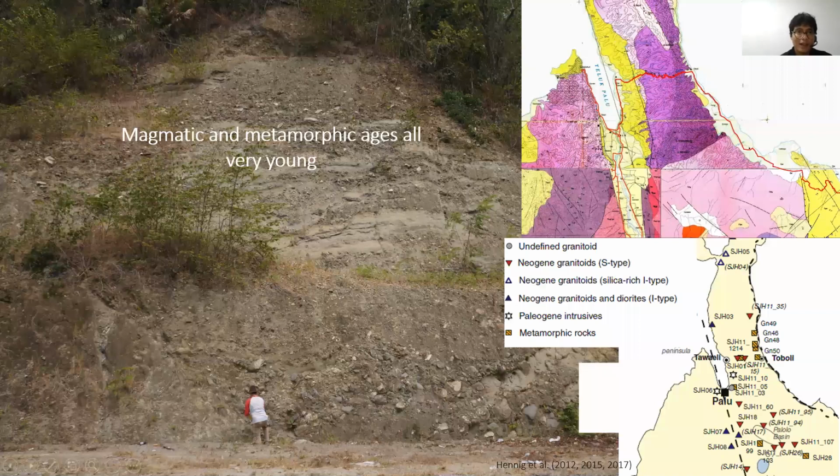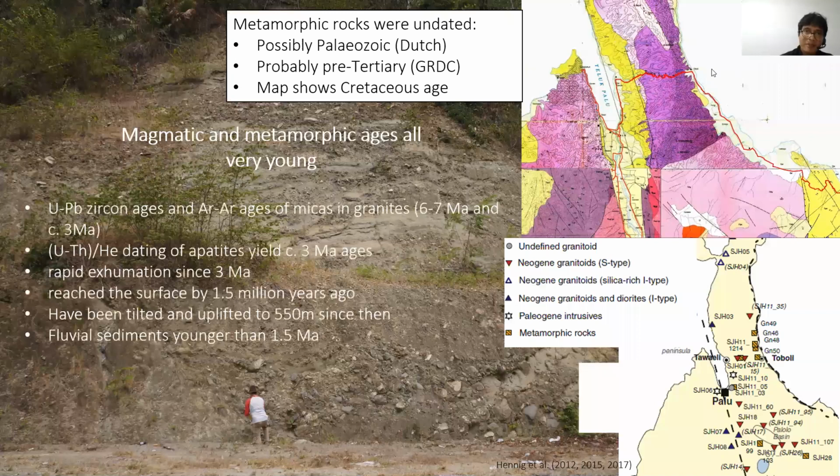And this is the magmatic and metamorphic ages. Previously in this map, the metamorphic rocks are interpreted to be pre-Tertiary or even Paleozoic, but recent dating by Juliana in the Palu area indicates that there is a very young granite. So this is about Pliocene time, say late Miocene to Pliocene, 7 million years ago and 3 million years ago. So this metamorphic is actually really young, and also the granites